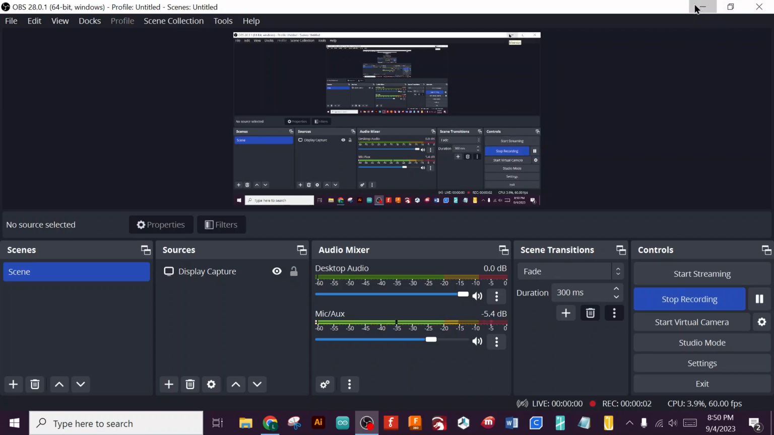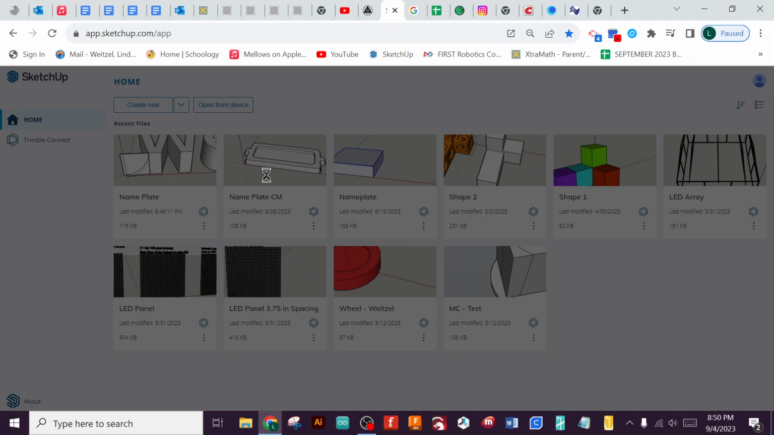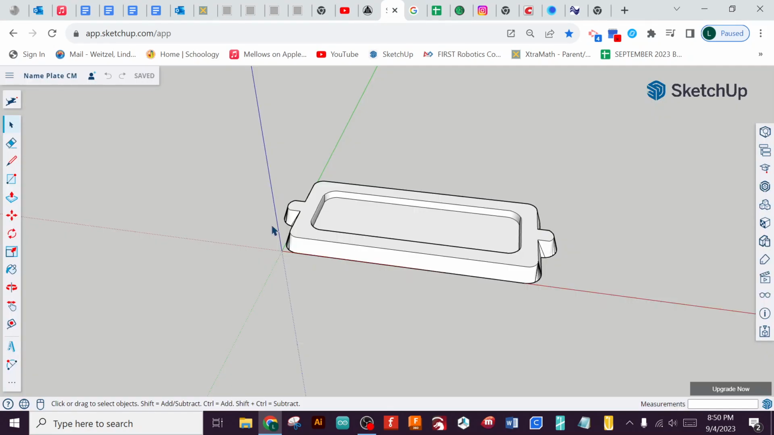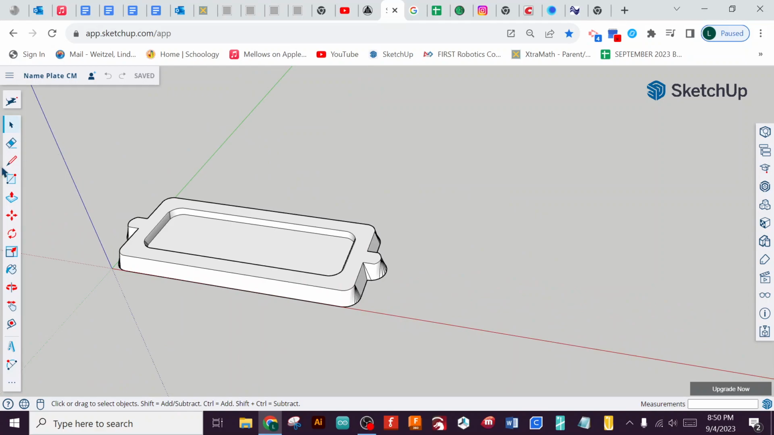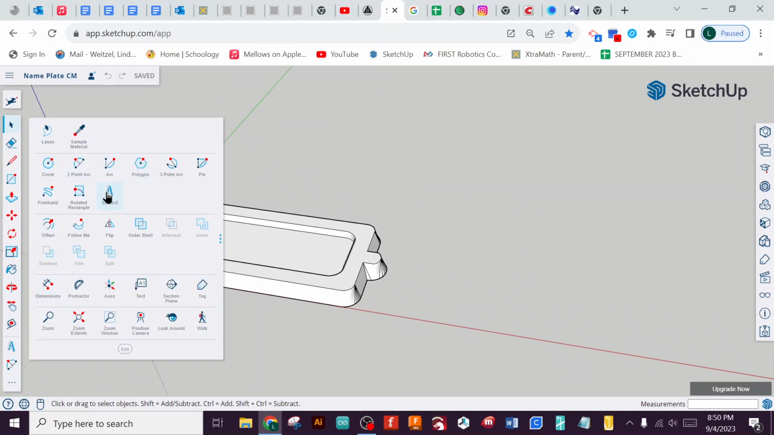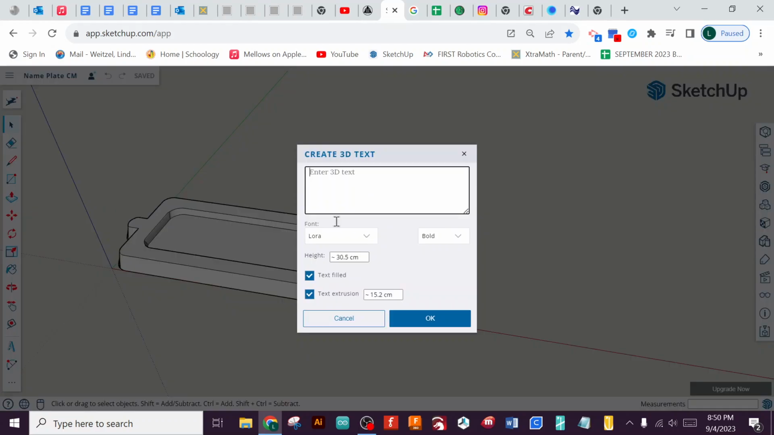Okay, we're going to come back to our nameplate in metric. We're going to start by coming over here and going to the 3D text tool. The first thing we're going to do is select Open Sans, and we want to make sure that bold is showing. The height here is going to be 30 centimeters, and the text extrusion is going to be 2.54 centimeters. You want it filled, all this stuff,